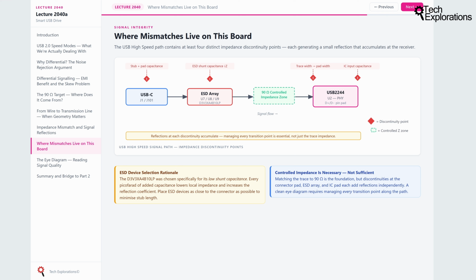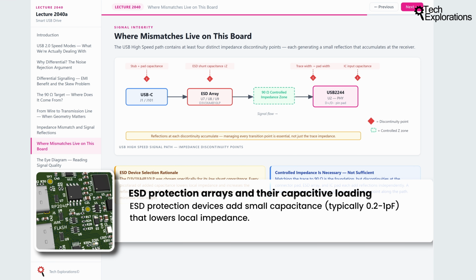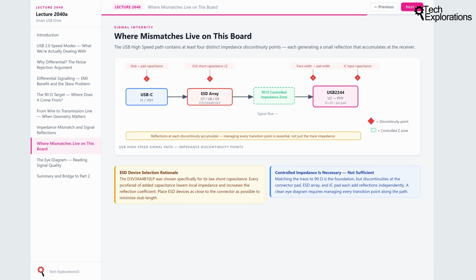The connector pins themselves introduce a stub effect and pad capacitance. Pads are wider than the trace, and that width change is a localized impedance drop. The ESD protection arrays are devices placed in the signal path specifically to clamp electrostatic discharge events. Each device adds a small shunt capacitance to the signal line. Shunt capacitance lowers local impedance, and lower local impedance means a reflection. This is precisely why that part was selected for its low capacitance, because minimizing the discontinuity is a design justification